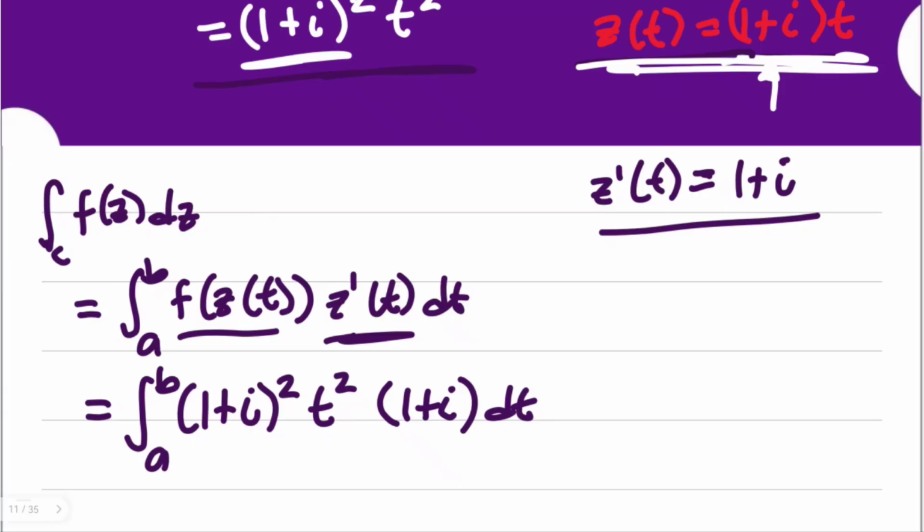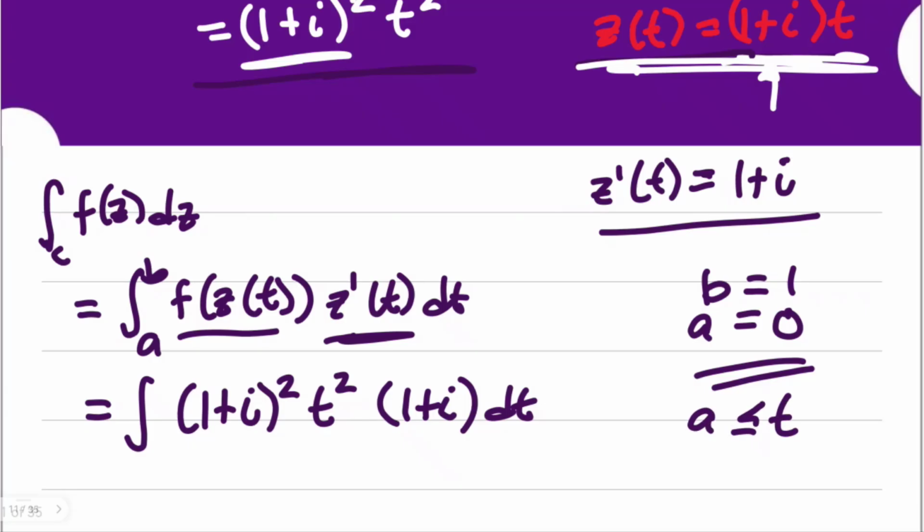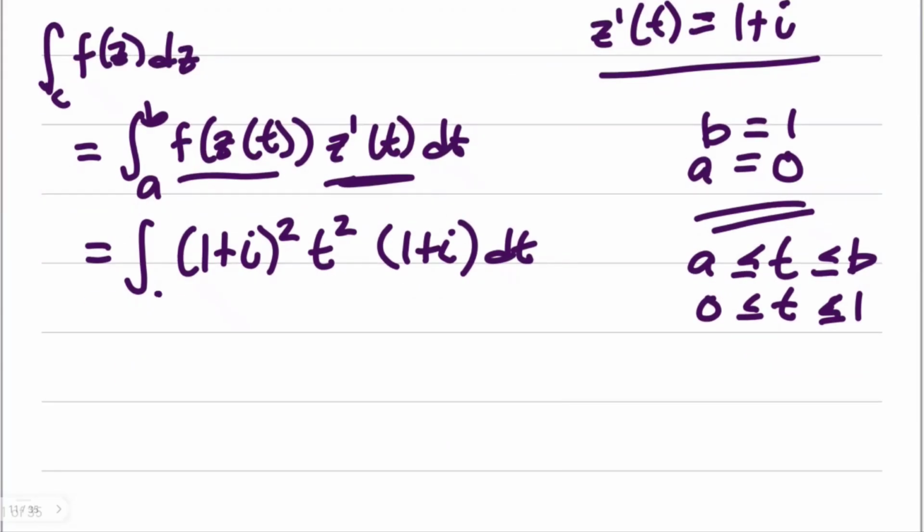Now, before we proceed, let's try to be consistent with our A and our B. As discussed in the parameterization of straight line, we can conveniently use 0 to 1. You can use other intervals, 0 to 5, 0 to 10 if you would like to, but as convenient as it is, let's use 0 to 1. That's how we identify the boundary of your t, which is bounded by A and B, 0 to 1. This works only for the straight line parameterization. So in this case, you have here 0 to 1.